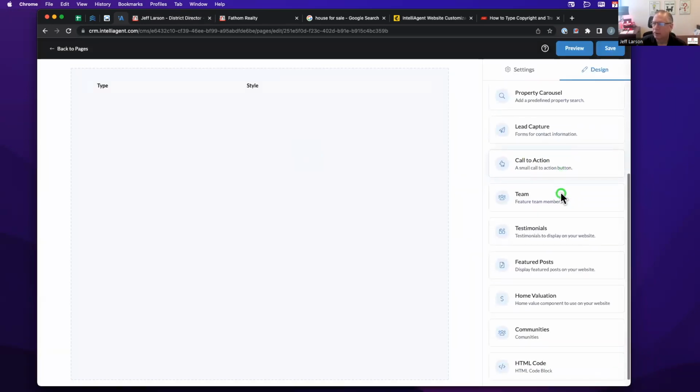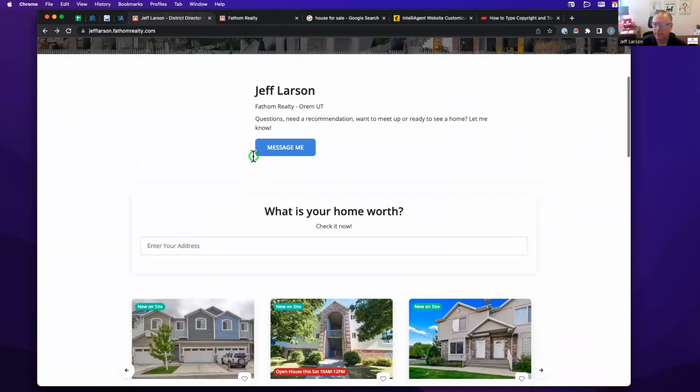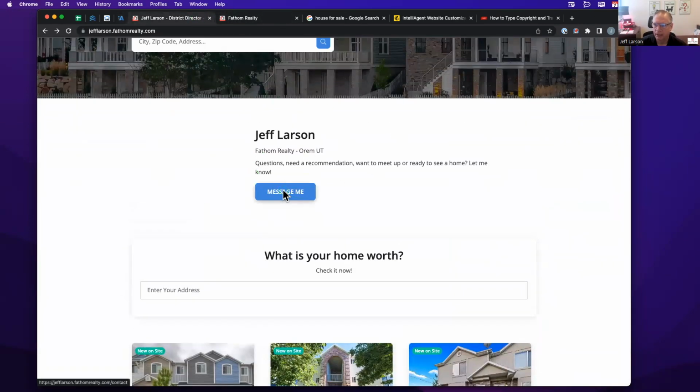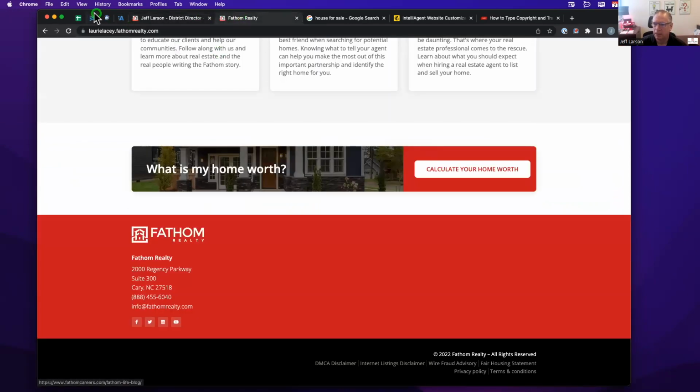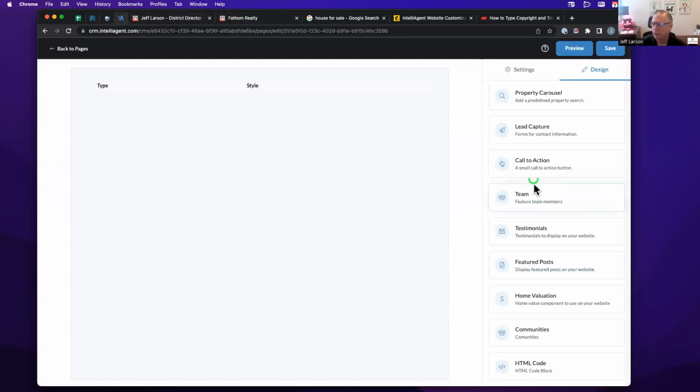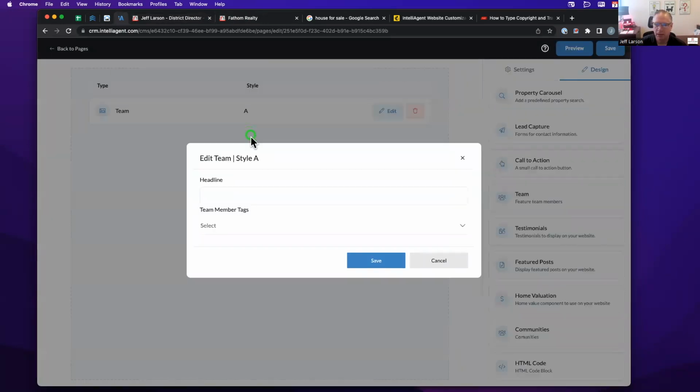The next one down is a call to action. And this is the one that looks like this: call to action, a message me button. And so when you add those, you're able to do that. Team, we talked about, if you wanted to have a team area that featured teams, you would put their information